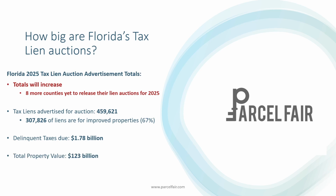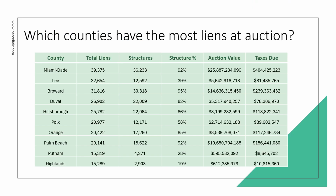The total property value at auction, remember, you're not buying the property, but the property value that you're buying liens on, is going to be over $123 billion when all is said and done. So massive auction season we have on our hands here. If we look at it county by county, we're just going to take the top 10 and give you a